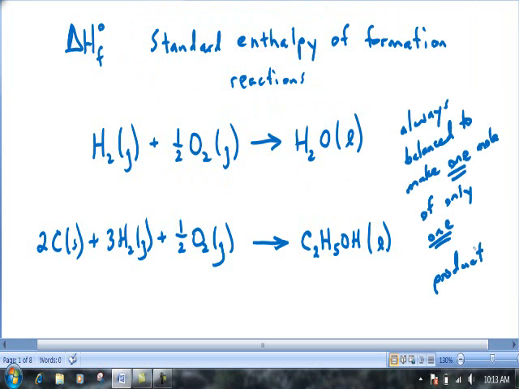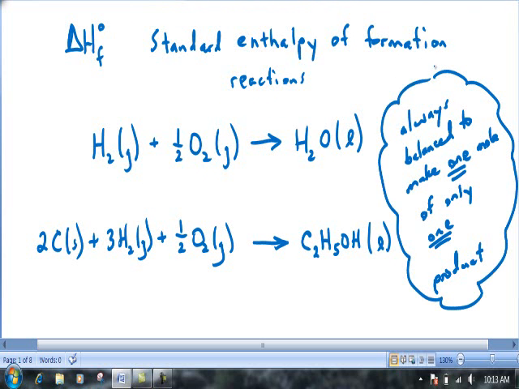One unique feature of an enthalpy of formation reaction is that they're always balanced to form only 1 mole, if we look at our examples, of only one product. Because what we're trying to show is what's the enthalpy that goes into forming one specific compound. So in both examples here we have one product and it's balanced such that there's only 1 mole of that